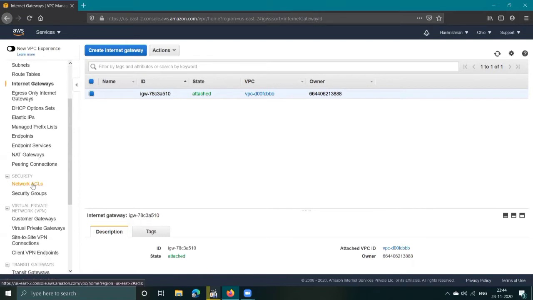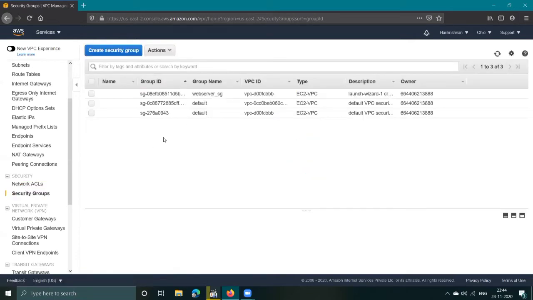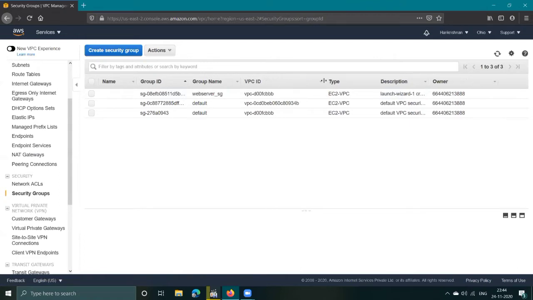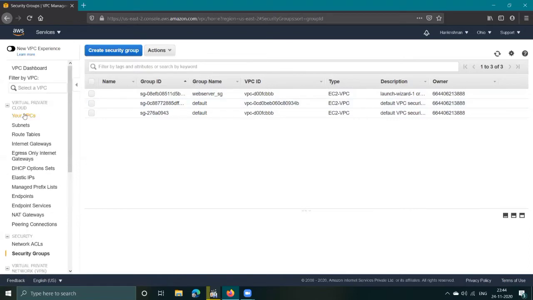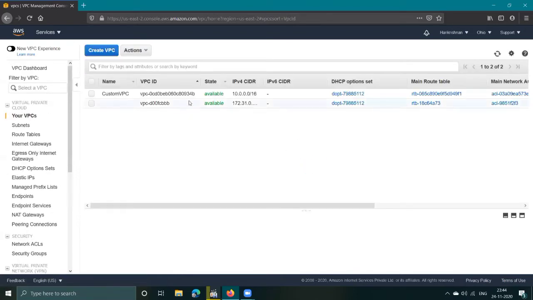Now go to the network ACLs. Here also it is created by default. Go to the security groups. A security group is also created, associated with the custom VPC. How will you check it? Check the VPC ID, which ends with your VPC, and cross verify. Give names to both security groups.